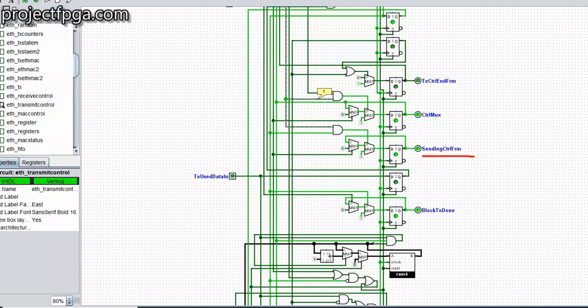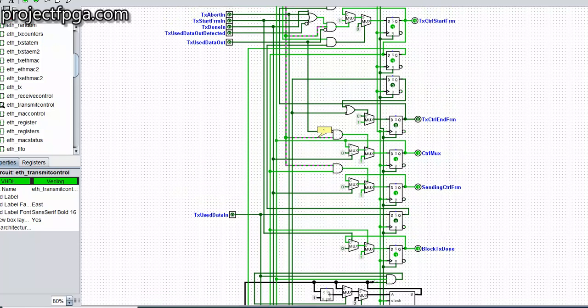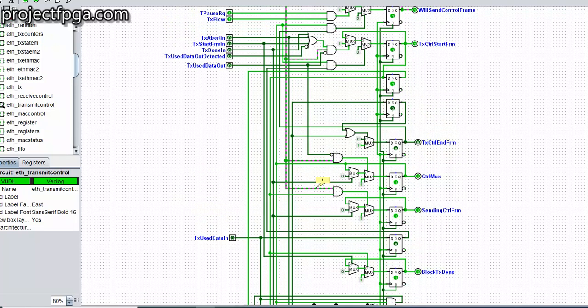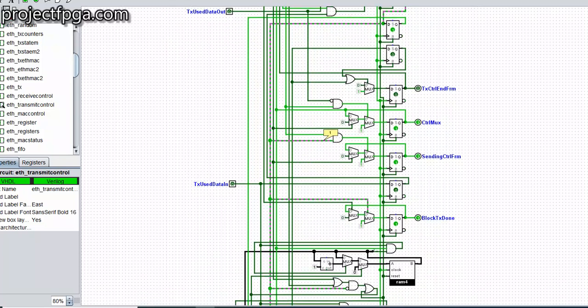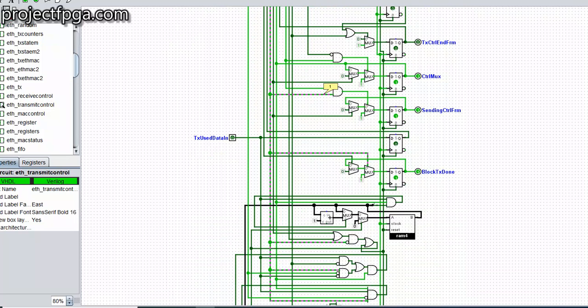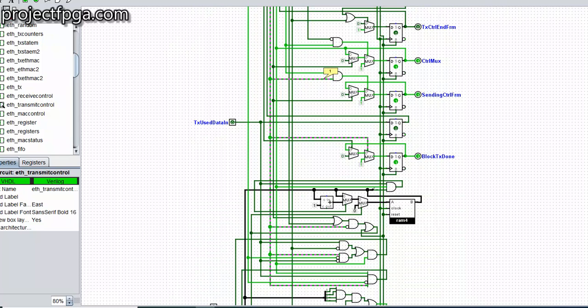So the same thing, let's see what turns on this sending control frame. This first AND gate is the same. Your send control frame is on, and where is it? The last one, that TS control start frame. So log TS done. This one comes at the end of the transmission. Then